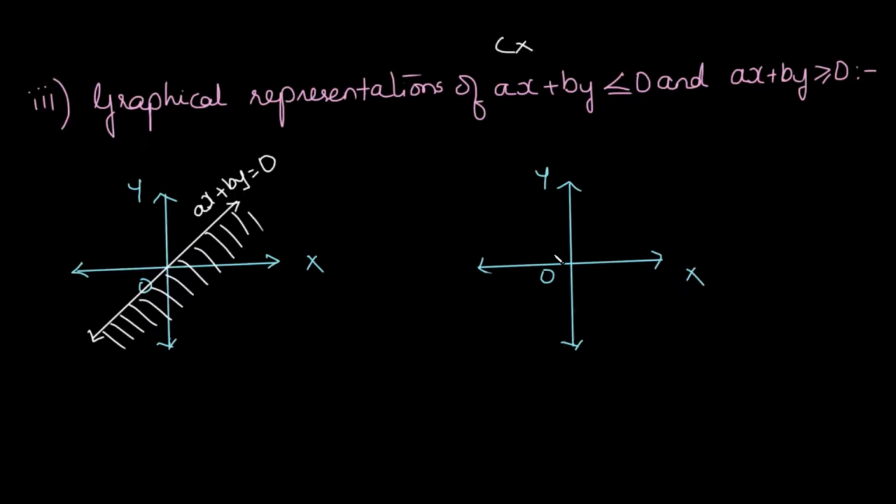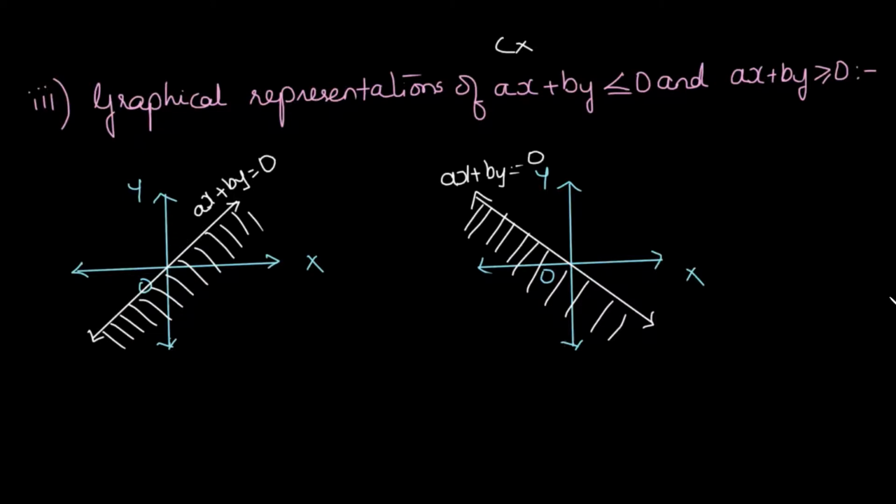Similarly, our graph may also come out this way. The line ax plus by is equal to 0 may come out like this also, depending upon what equation we are getting. Again, our feasible region may be the region on any one side of the origin, either here or on the opposite side. Any one of these would be our feasible region. How to find these regions we'll see when we do the sums. Just remember that the feasible region will include the lines, because the symbol is less than or equal to or greater than or equal to.